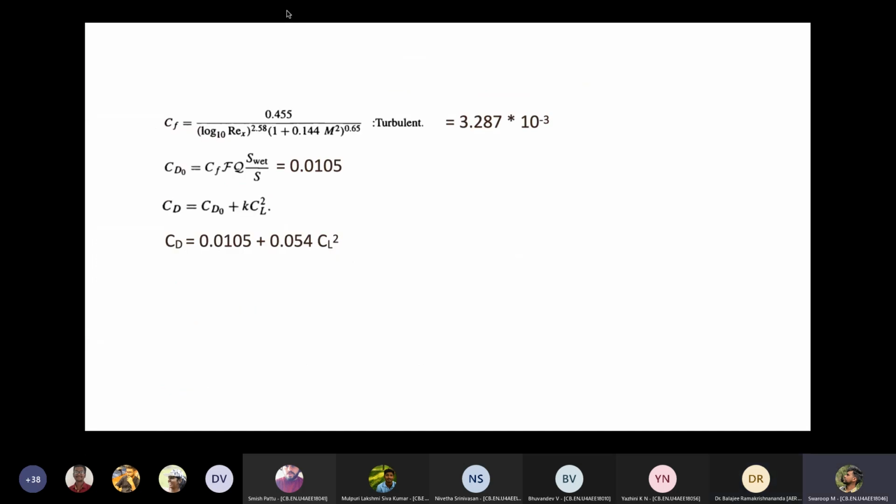Okay, sir. So now this CD and that CL cruise, you will get one CD, correct? You substitute that value of CL cruise. For that CD, you find drag, which is half rho v squared S into CD. So find it in newtons, because when you go to engine selection, you should know how much thrust your engine should have, correct? Yes, sir. The thrust should be more than the total drag of the aircraft.